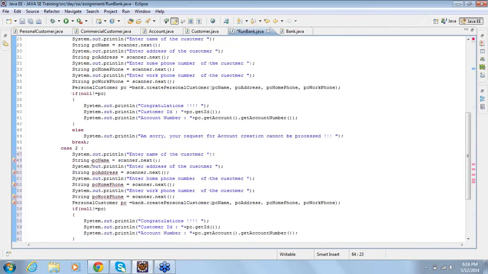Right. Similarly, when it comes to commercial customer, I won't be asking for the home phone. Rather, I say contact person name.